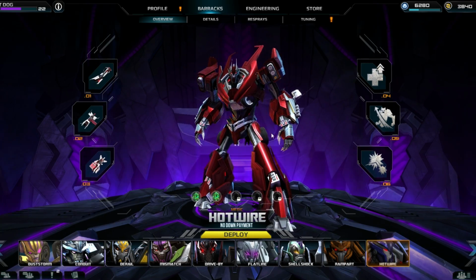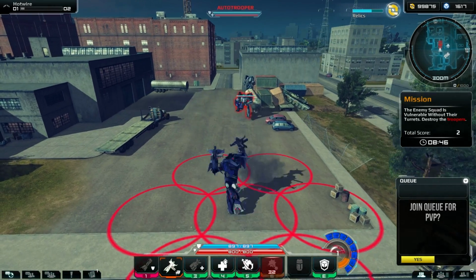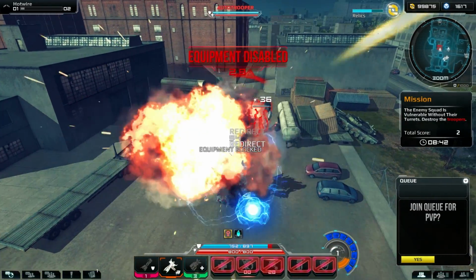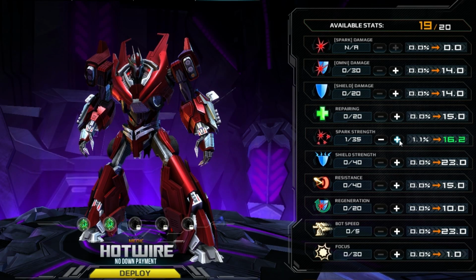If you want to build Hotwire into an effective defender, boost his resistance, but only if they predict getting lots of healing opportunities. However, when upgrading the resistance stat, commanders should be reminded that the Damage Deceptor equipment will reflect less damage back to the enemy if Hotwire is taking less. If players do want to increase the effectiveness of the Damage Deceptor, then increasing the Spark and Shield stats are